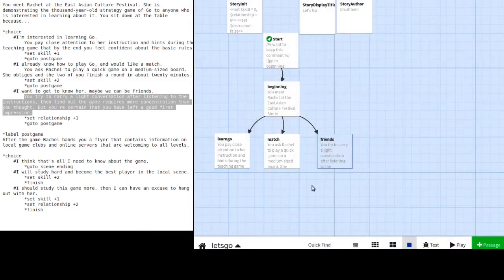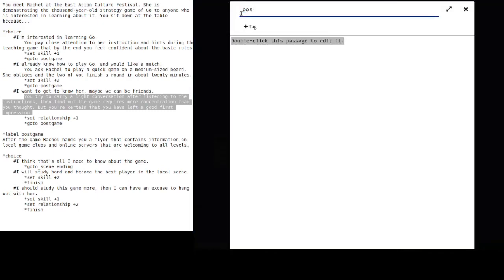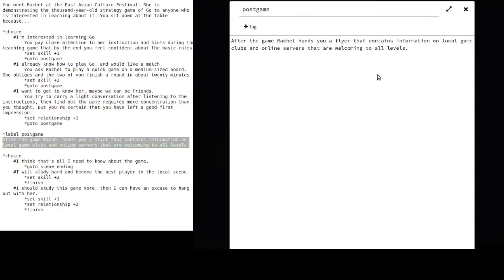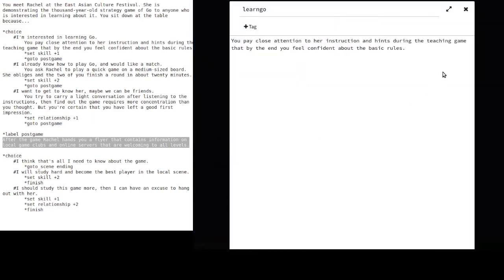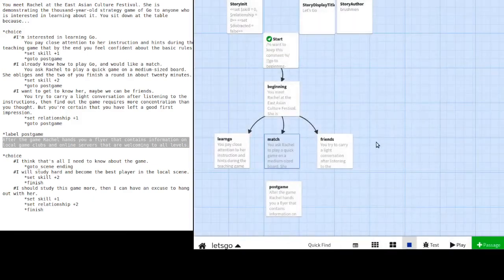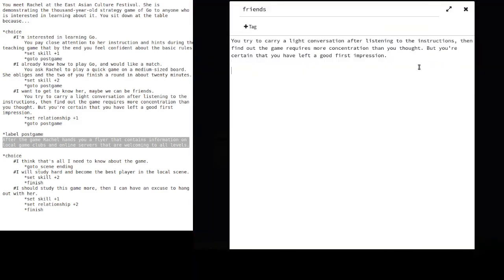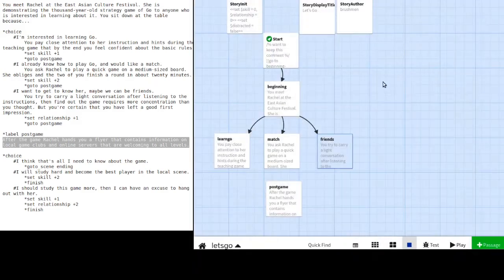In the ChoiceScript code, I have all three choices proceed to the same label named postgame, and in SugarCube, I can make a passage to represent that. I can have each of the choice representing passages link to the postgame passage, but I can also just include the content of postgame inside each of those passages. The result is one less click for the reader.